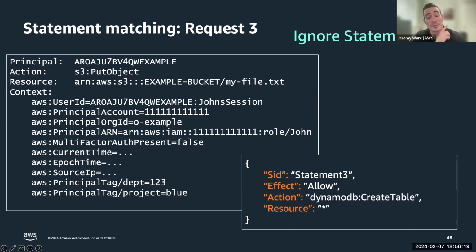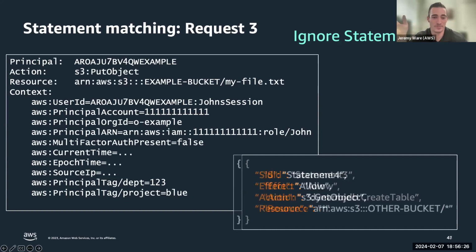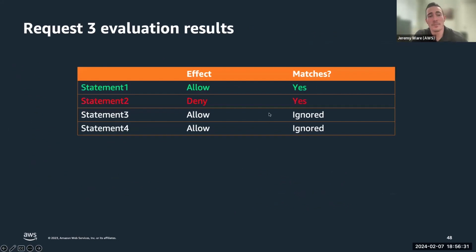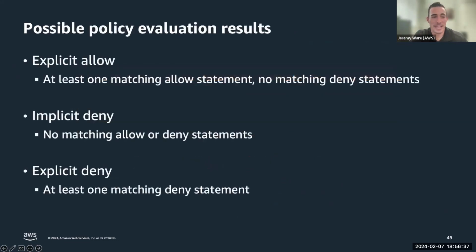Correct. We have an explicit allow, but we also have an explicit deny. So regardless of what the other statements say, the explicit deny overrules. In both of these statements, they can actually be ignored because they're not applicable. Because we have an explicit deny and it matches, we get an explicit deny. Deny always overrules. And so again, just to reiterate, you have to define an explicit allow for somebody to have permission. If no allow statement is provided, implicit deny is always the response. And explicit denies always overrule explicit allows.